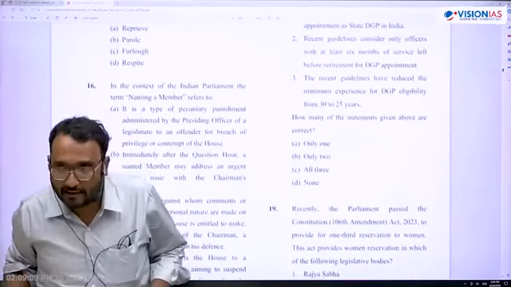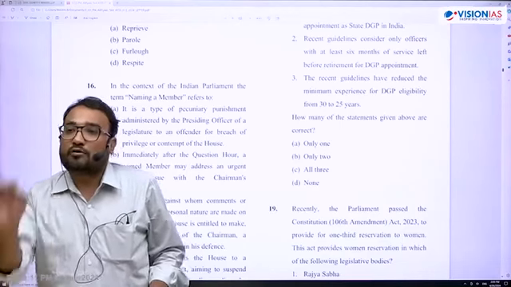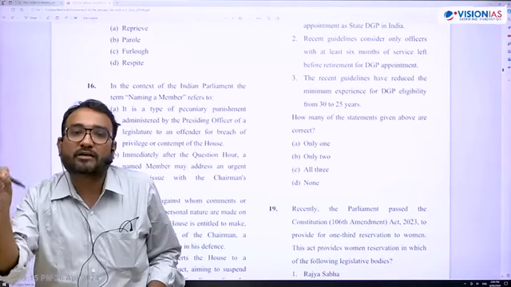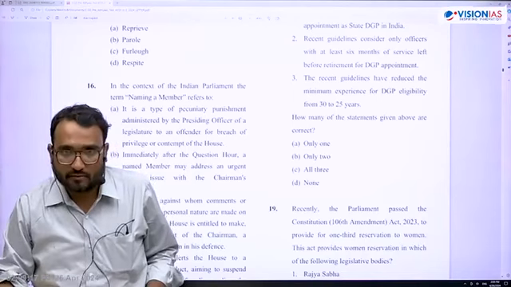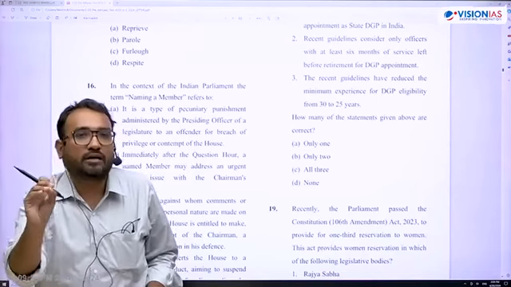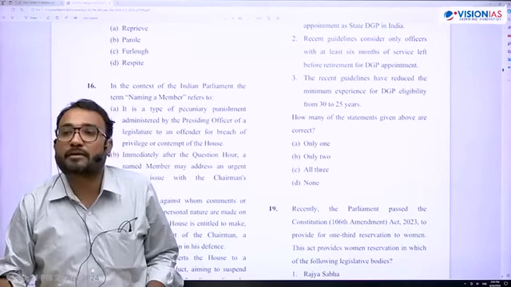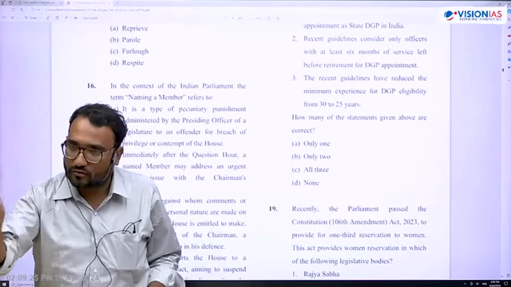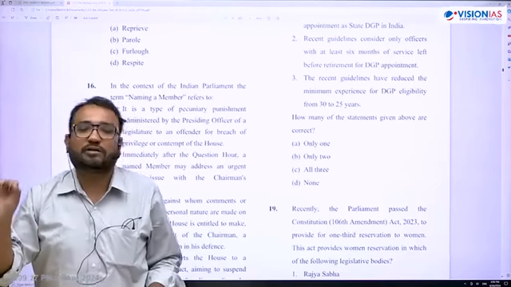Two things you need to remember. First, Article 118 of the Constitution allows both the houses of Parliament to make rules for their functioning. Everything cannot be written in the Constitution. The Constitution allows both the houses of Parliament